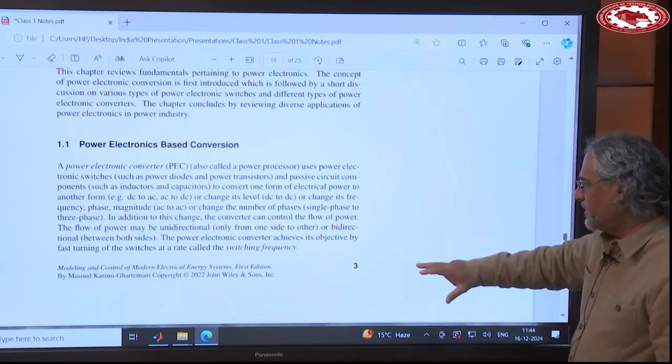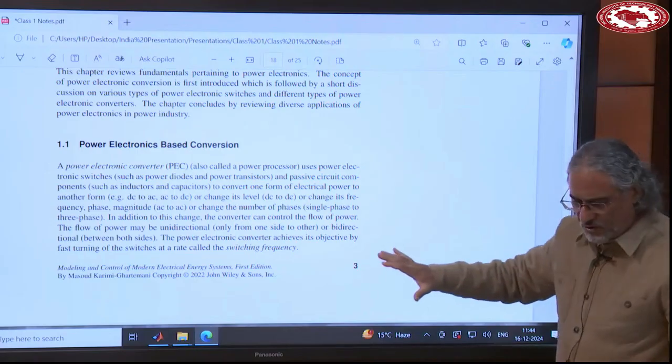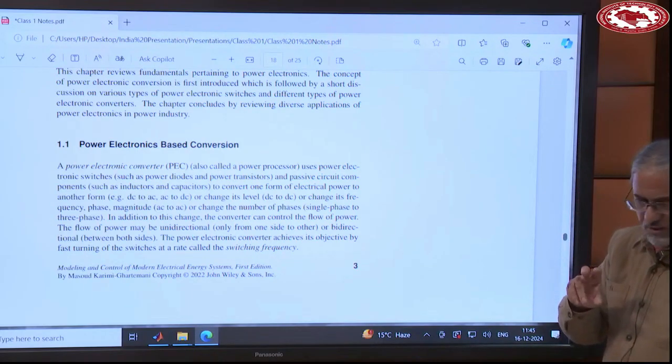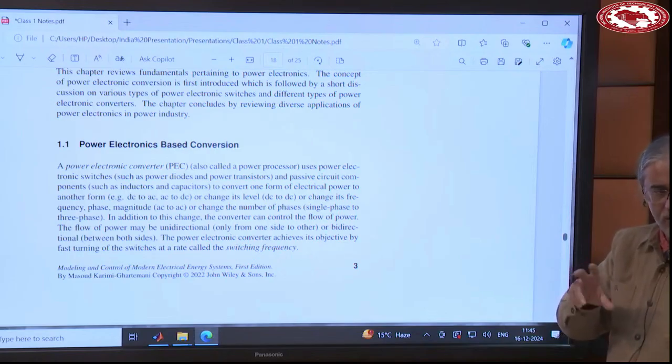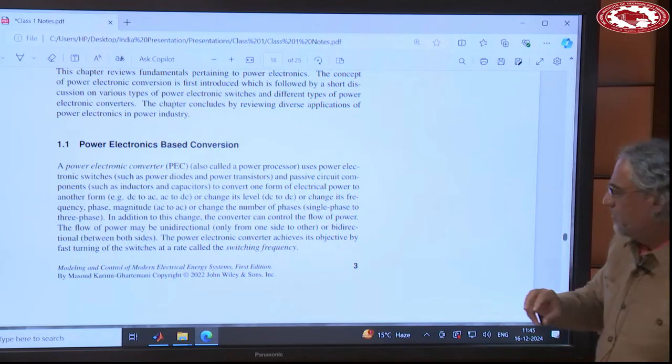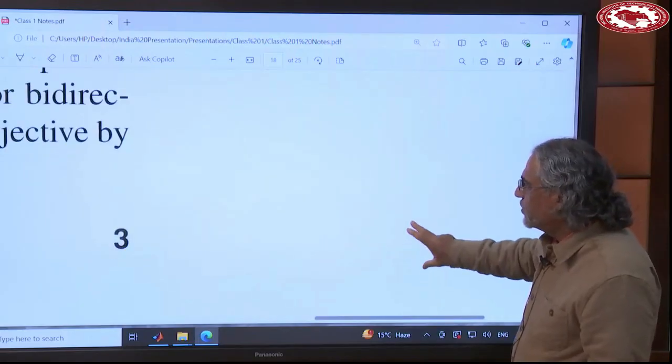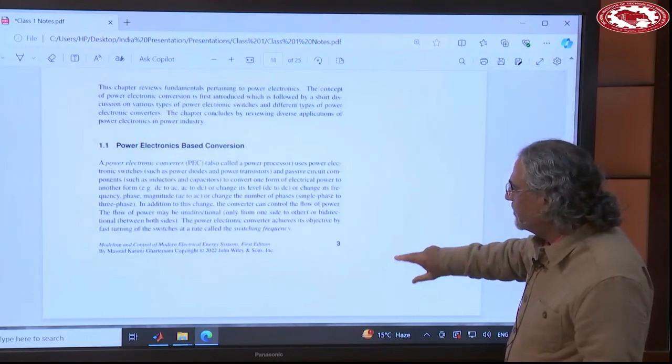Okay. The way that a power electronic converter does this job is by fast switching, turning on and off, we call it switching, of a device that is called a power switch. So the switches that we have,